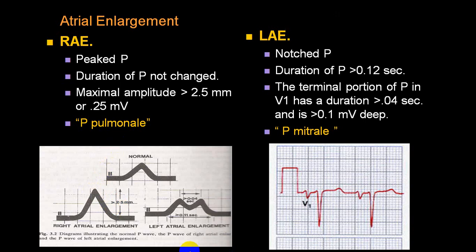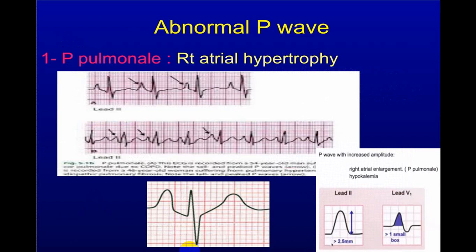We'll show you some other ECGs also. You can see here this is taller. The P wave is quite tall. Sometimes it is more than half of the R wave. You can see it is tall, more than 2.5 small squares, and the duration is less.